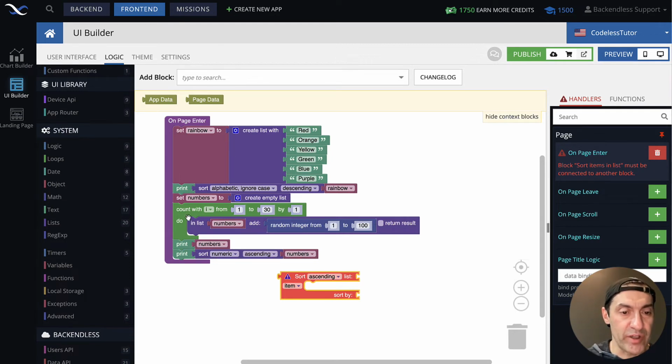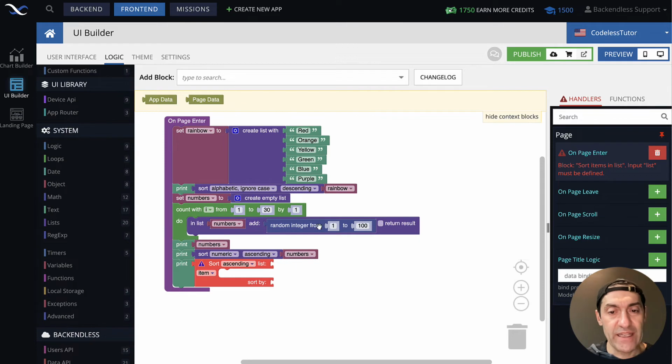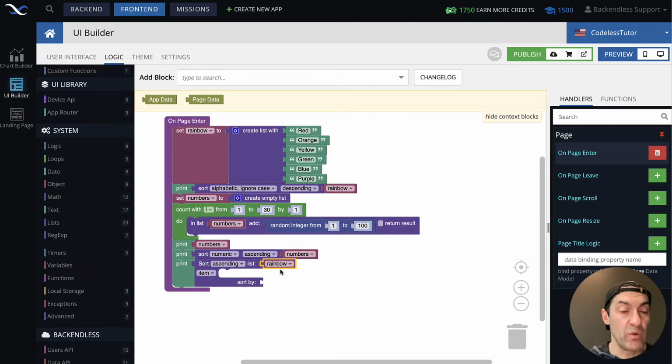Let's use a print block, copy, paste, get rid of the other thing, and connect the sort to that print block. And let's say that we will be sorting rainbow. So connect rainbow to the list. So this identifies what list you will be sorting. What's going on in this block? First of all, it will create an iterator. It means it will go through each and every item in your list, and it will give you an opportunity to add your logic to do some kind of processing on that item and instruct the actual block how that item fits in your overall sorting strategy.